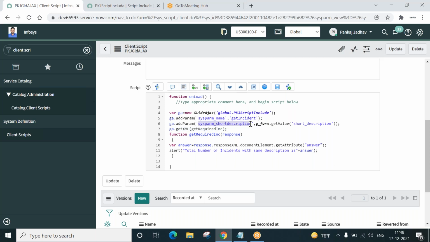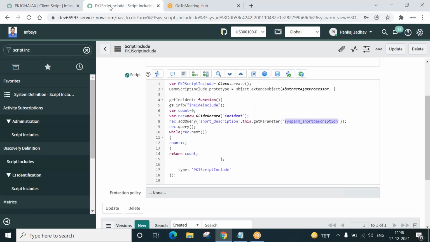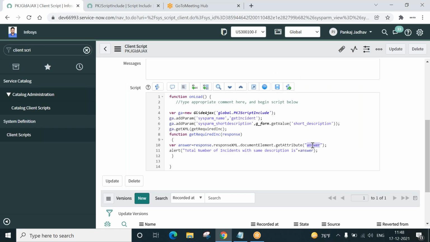Pass this value, fetch this value in the script include using getParameter. So the short description ABC, whatever it is, will be matched to this. And this is how it will filter out all the incidents present in the system that have a similar or the same short description. And then it will query it. It will return the count, and the count will be written over here.